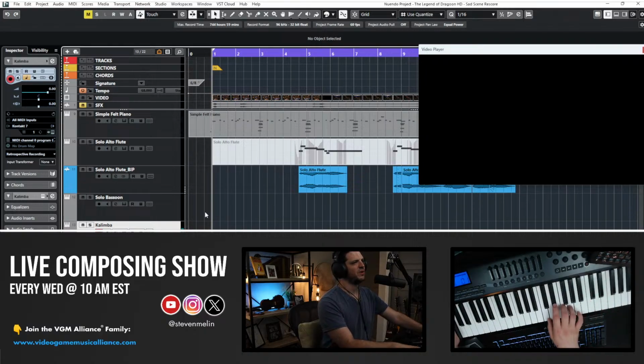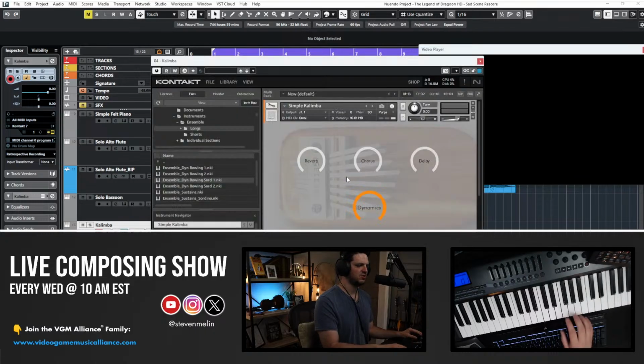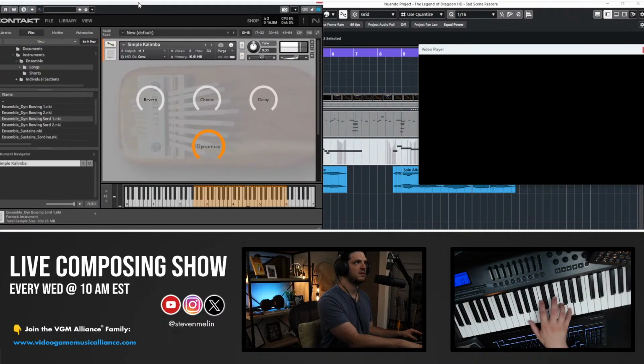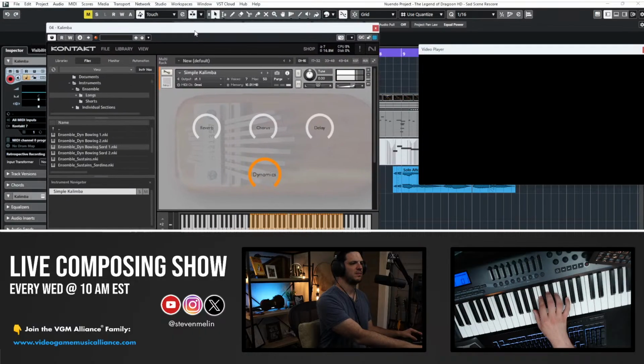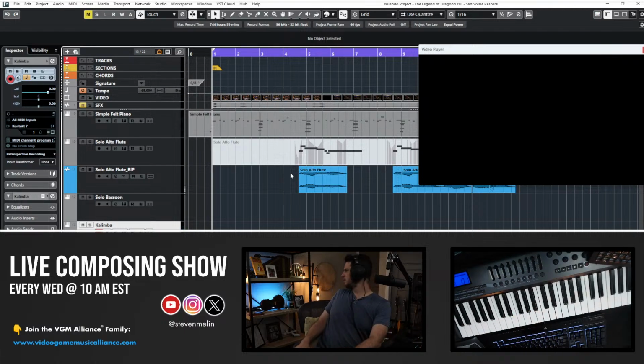But there's all those weird overtones in it. This is the simple kalimba, by the way. Also dirt cheap on the site if you want to grab it. Just be warned, it has some overtones in it. I think I have it nearby. Nah, it's in a box.